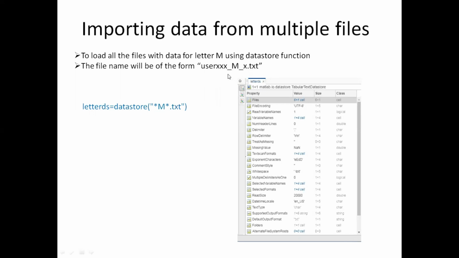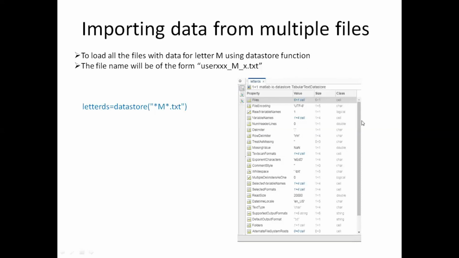So this will be the format of the files that I need to load. While specifying the file name in the datastore function, I will specify the name as star M star. This will load all the text files with the data for alphabet M.